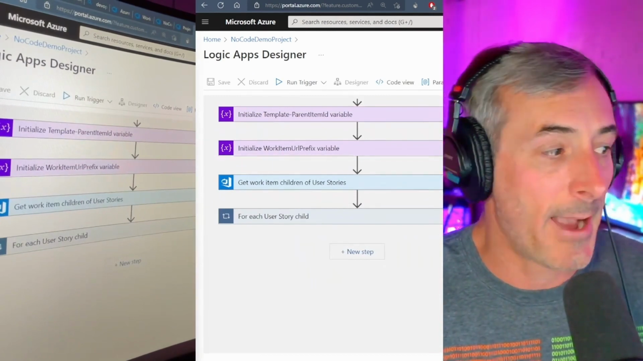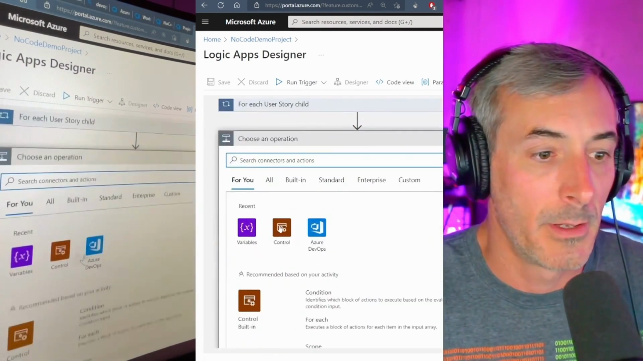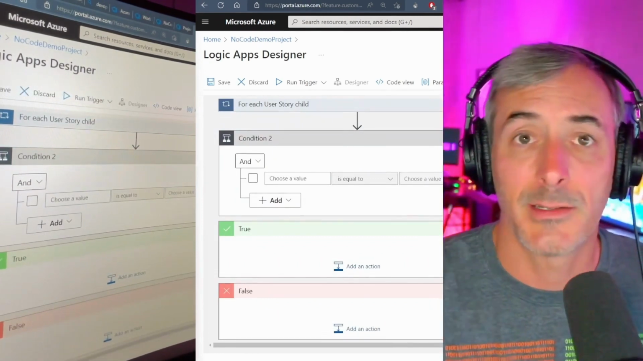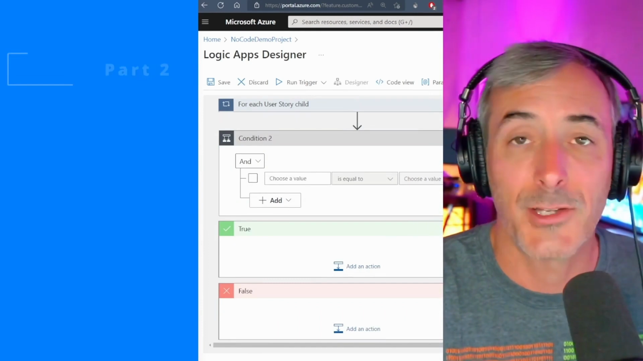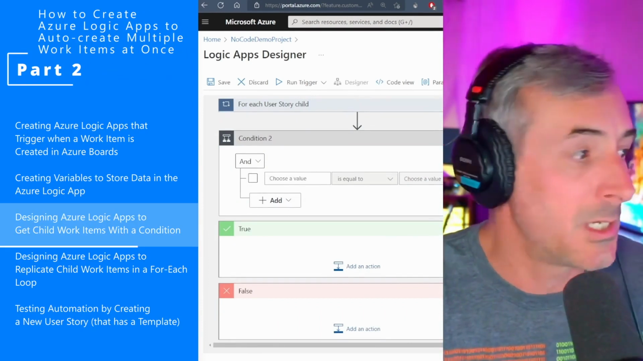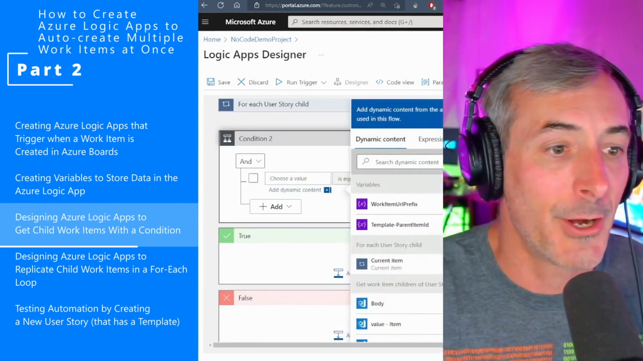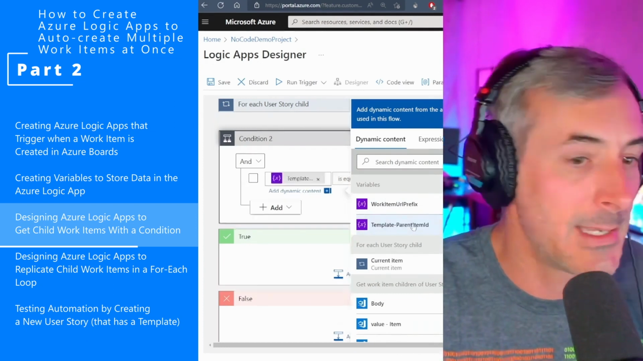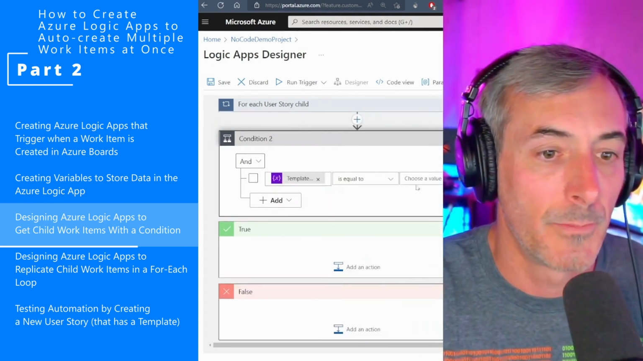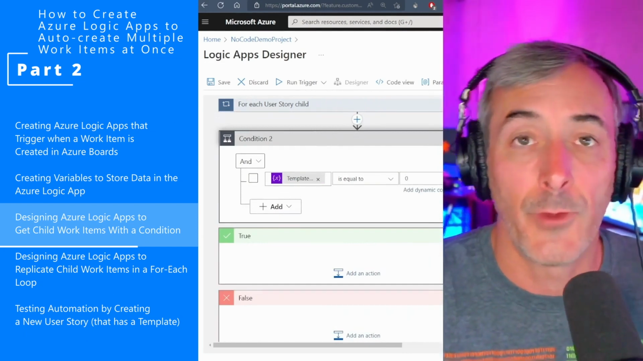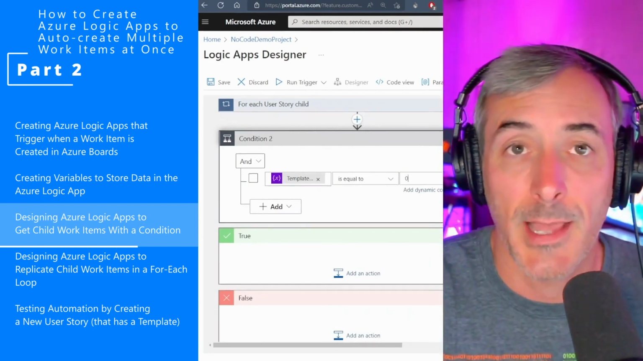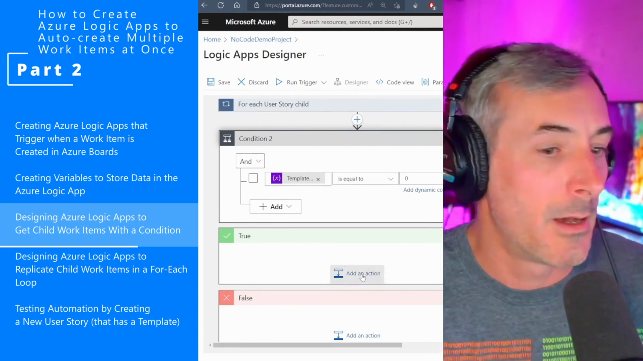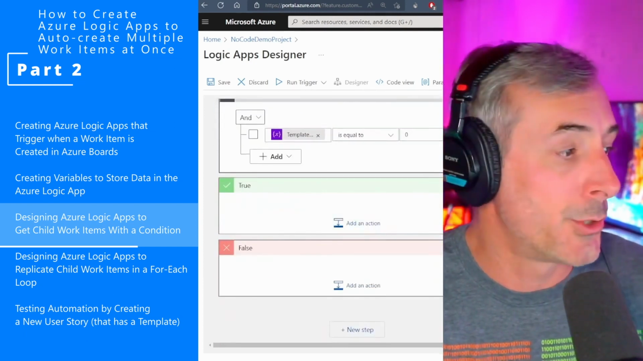Now we're going to do another condition after that one. So let's add a new step here. Just like before, it's a control, a condition. This time we're going to check to see if the parent has a template. If it matches what we're looking for, then we'll continue. And so what we're going to look at here to do a comparison, to check that condition, is let's check to see if the template parent item ID is equal to 0. Now, if you remember way back when we set that or initialized that variable, we set it to 0. So what we're saying here is if it's still set to 0, then what we want you to do under the true condition,